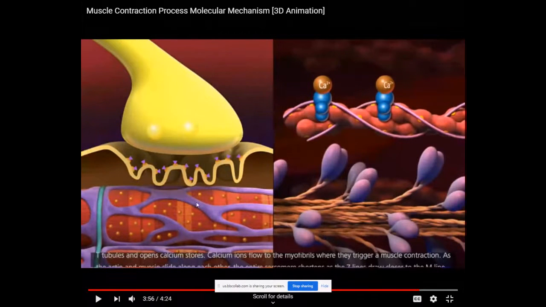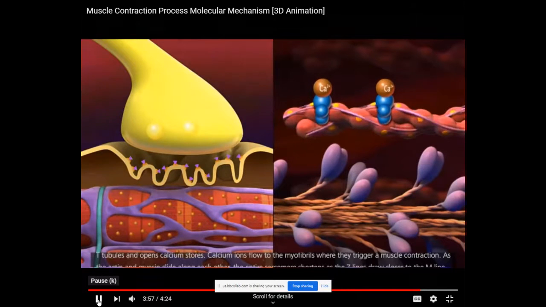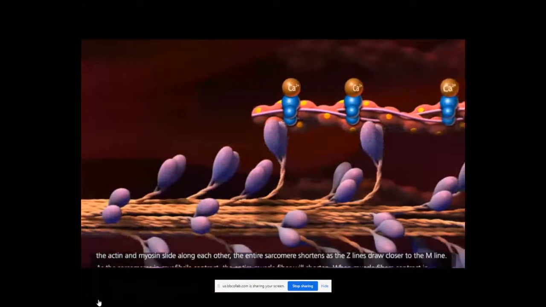See how those molecules were in the purple tubes here, and now they're here on these sarcomeres? That's representing the sarcoplasm, and that's where your actin and myosin live. Okay, and you can see now where it's going to the myofibrils, where they trigger a